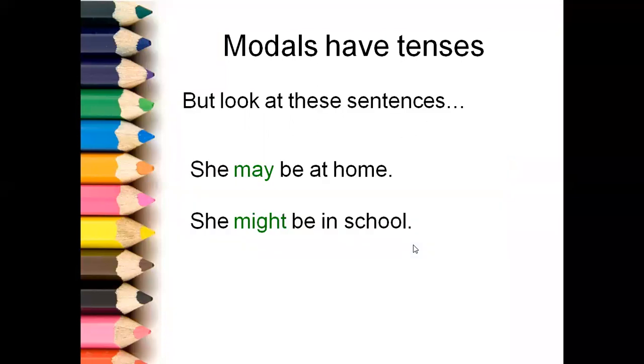However, there are exceptions. If you look at the sentence, she may be at home, she might be in school. I just now told you that may is used in the present and might is used in the past tense. But in these two examples, if I ask you where is your friend, you may say she may be at home, she might be in school. So may and might in this example are used in the present tense. So it's not always necessary that might should always be used in the past. In this example, might can also be used to talk about the present.